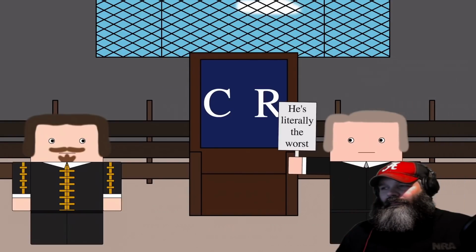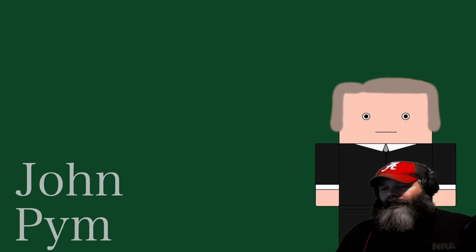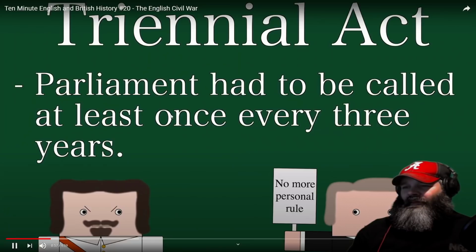Opposition to Charles was led by a man called John Pym, a fierce Puritan and believer in the rights of Parliament. Parliament had passed the Triennial